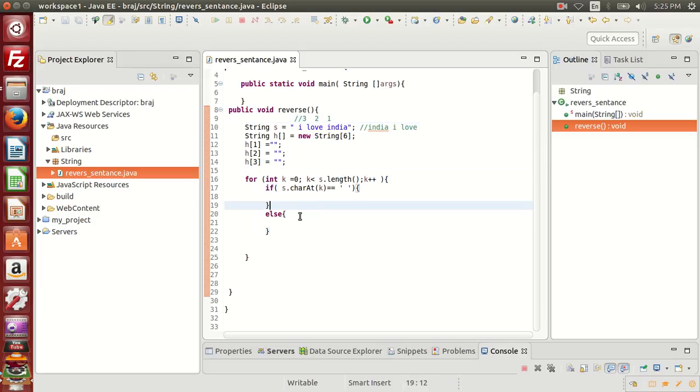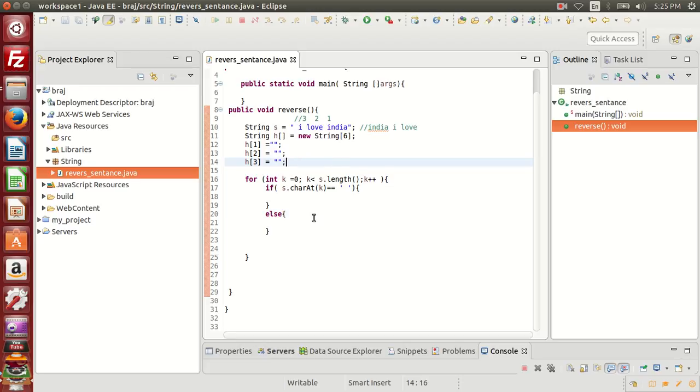So how will I do that? I have written a condition: if s dot character at k is a blank space. Here I have blank, here no blank. Whenever I get blank space, I store the first one in h1, then again I get blank space, so I will not store that, I will store this one in h2, and again at blank space I will store this one fully in h3, right?